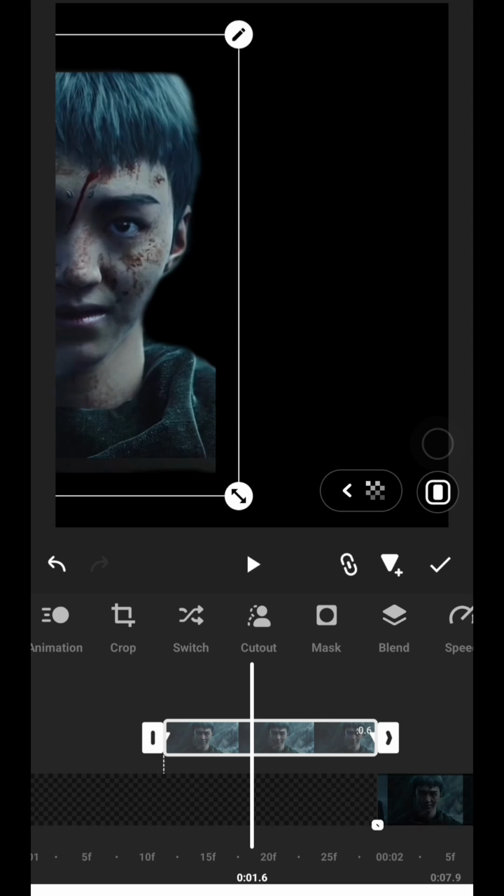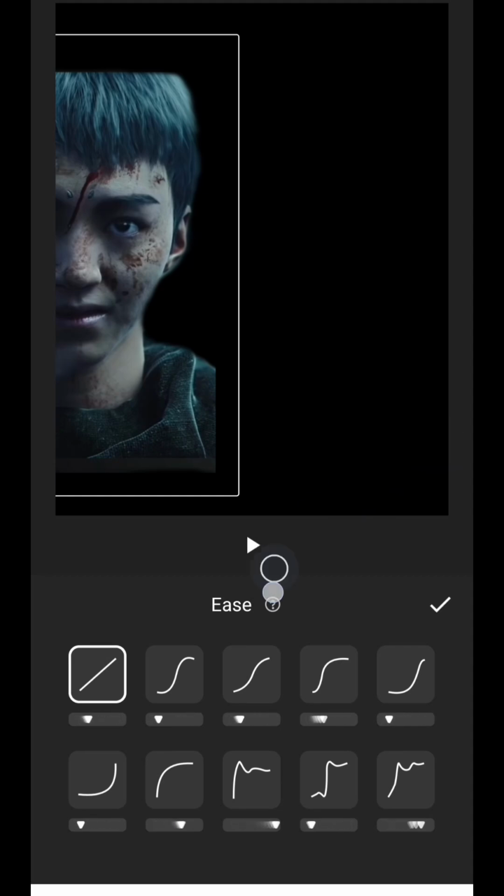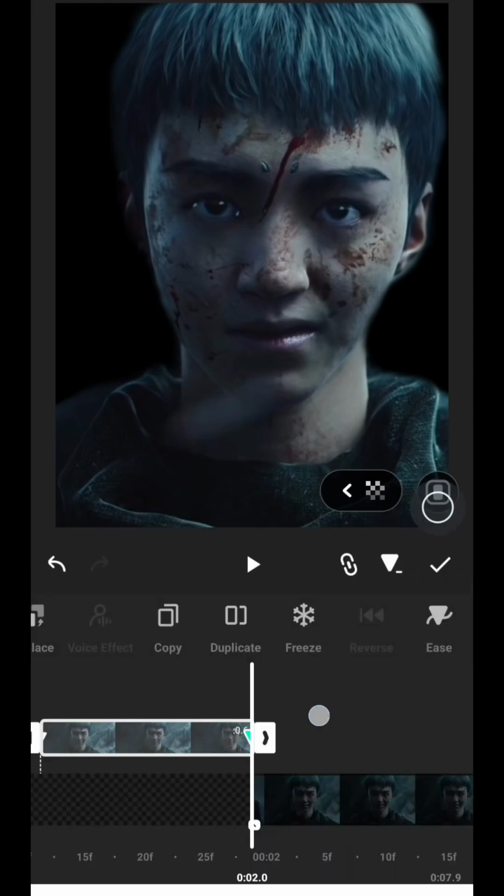And then just add graph curve or edge curve. This one, just tap on it. And then choose this one. This step will make the animation smooth. And then just tap on check mark